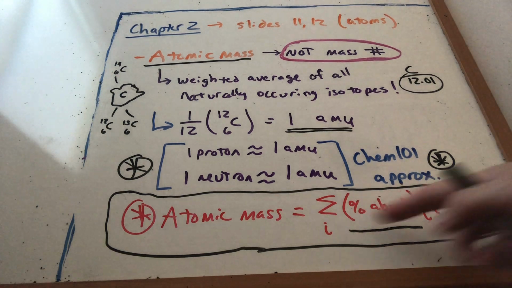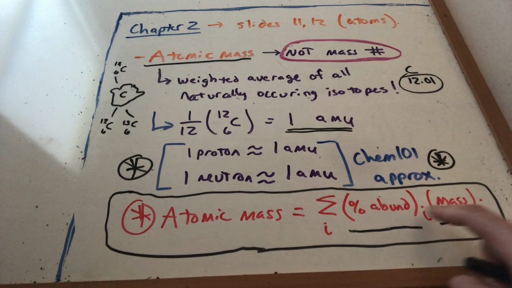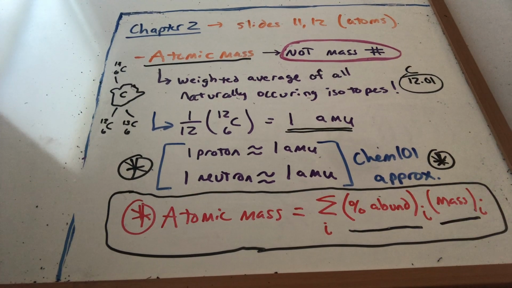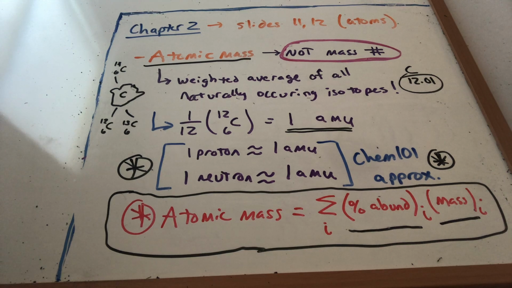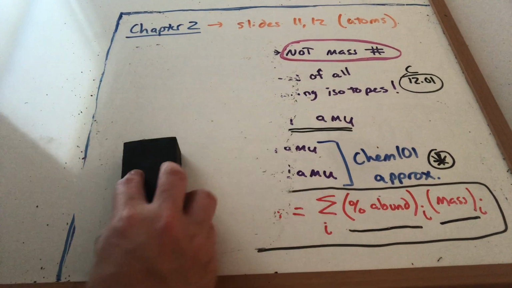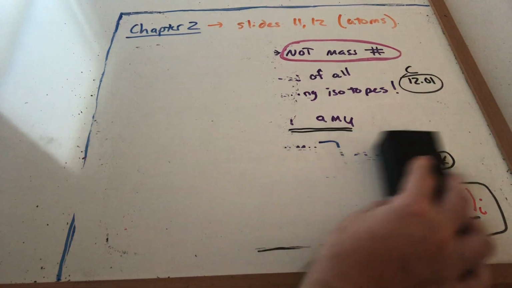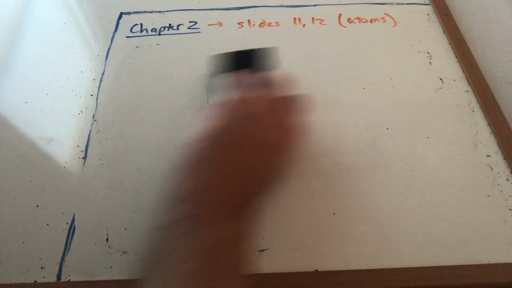So that's what I mean: this interprets to, I find each isotope, percent abundance times mass, percent abundance times mass, percent abundance times mass, and I add them all together, okay? So most people are familiar with summation notation, but you might not have seen it for a bit. As I just mentioned, the easiest thing to do when we're talking about atomic mass, and this is something that shows up in the periodic table, so it's really important in terms of understanding